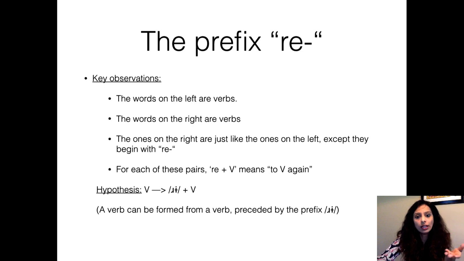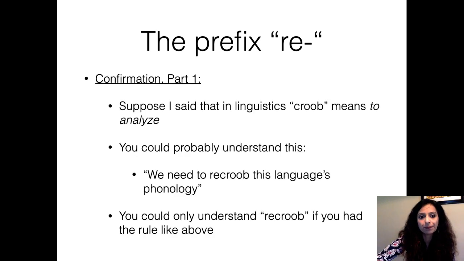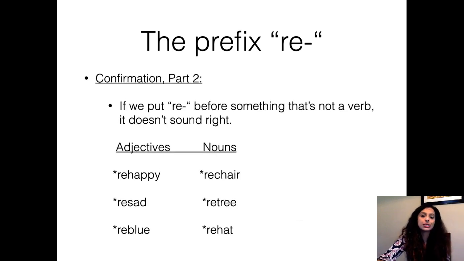And as you can see, the only difference between the rule for the suffixes and the prefix is where you write the suffix or the prefix. The prefix comes first on the right-hand side and the suffix comes last on the right-hand side. That's really the only difference between the two. And now you can confirm this again with our made-up word group, and we can say we need to regroup this language's phonology, and you understand the meaning of this because you're using the rule that we just formed before to understand the meaning of this. And we can also put it in front of adjectives and nouns and not get